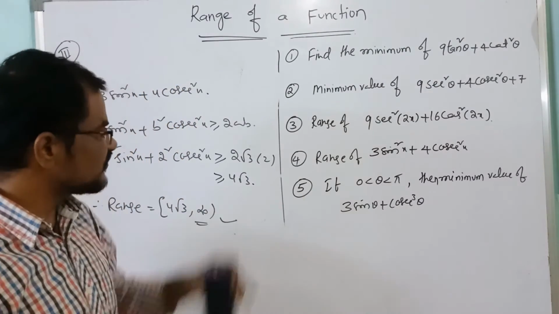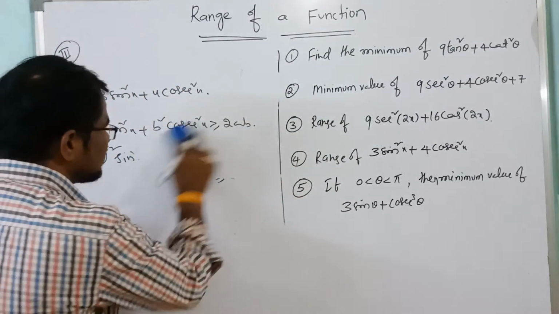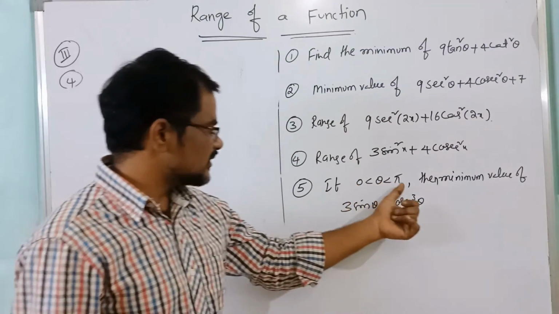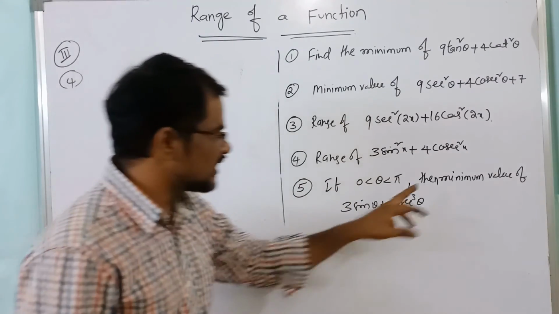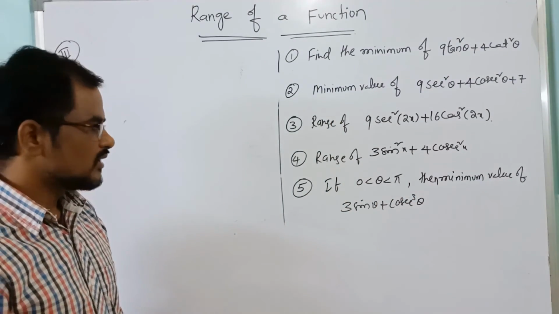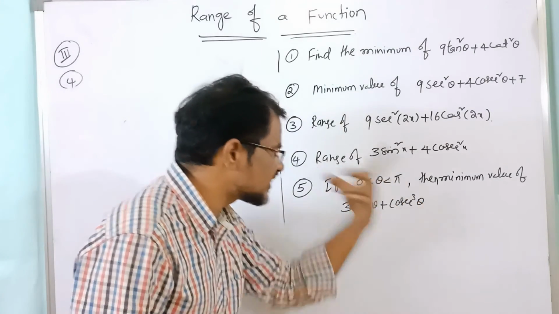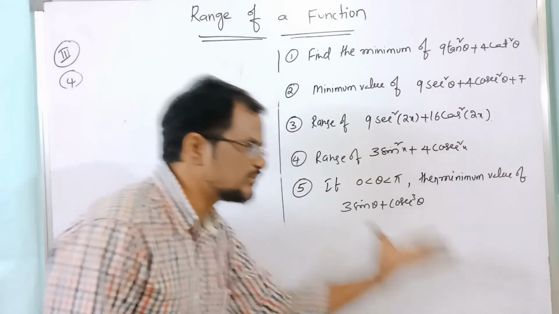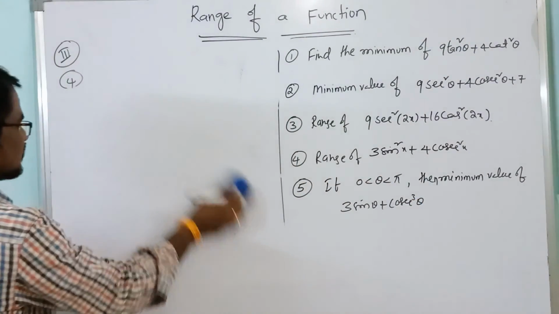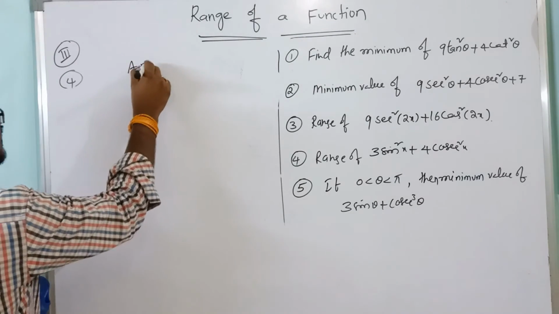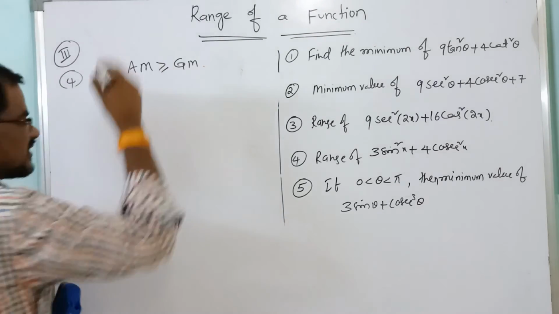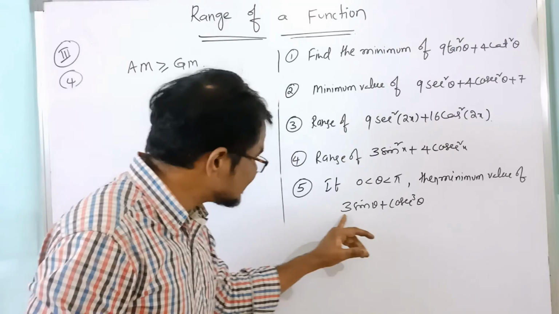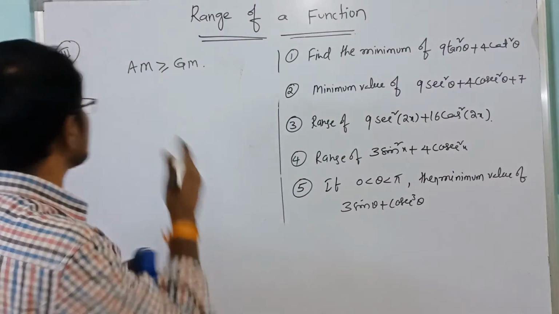Okay. And now come to the fifth problem. This problem is a little bit different from the previous four problems. Here theta belongs to the open interval 0 to pi and the minimum value of this one is asked. Here 3 sin theta is there, and here cosecant cube is there. So we want what it is greater than or equal to, that is the minimum value we get. For that, you follow the arithmetic mean greater than or equal to geometric mean concept only. But which terms do we have to take? Here 3 times sin theta is there, so I will take it like this.